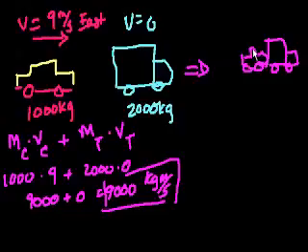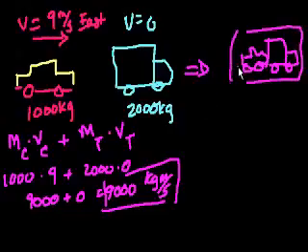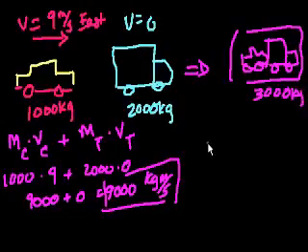So what we're saying is this combination, this new vehicle called a car truck, its momentum will have to be the same as the car and the truck's momentum when they were separate. So what do we know about this car truck object? Well, we know its new mass, right? The car truck object will be the combined mass of the two. So it's 1,000 kilograms plus 2,000 kilograms. So it's 3,000 kilograms.